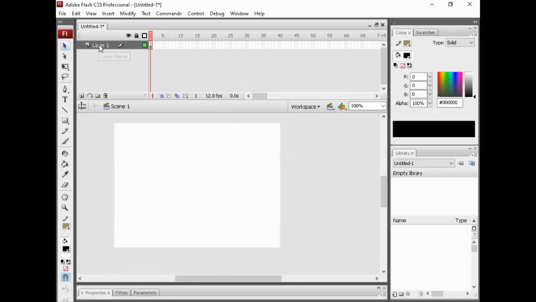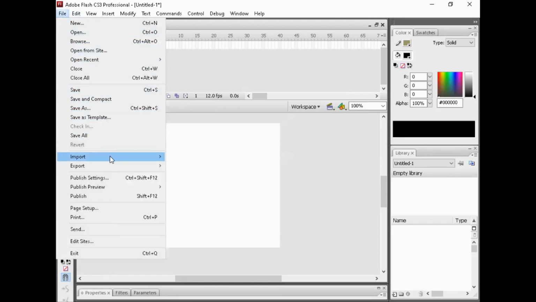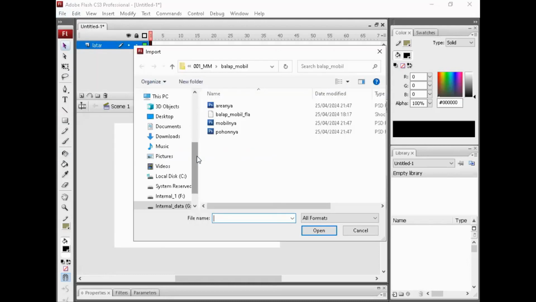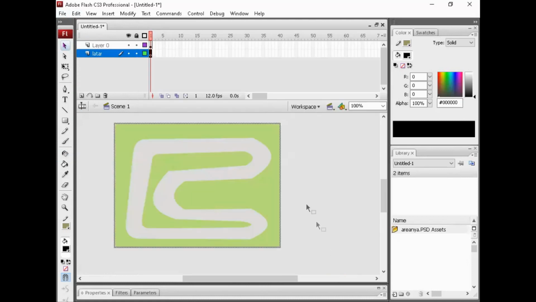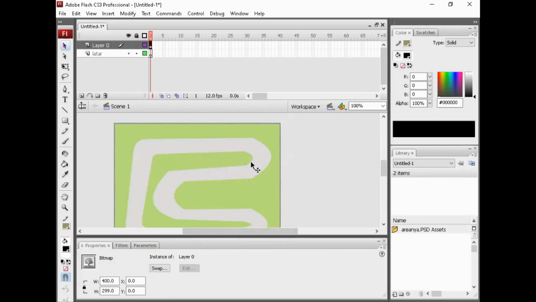Okay, but now I will create the area's background, or latar. Okay, latar, then click here, file, import to stage, this file, areanya, open. Okay, we can see the file.